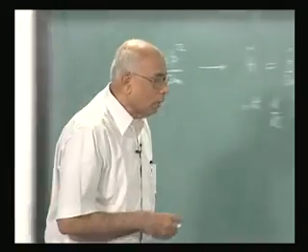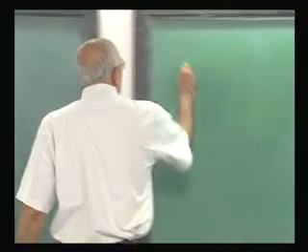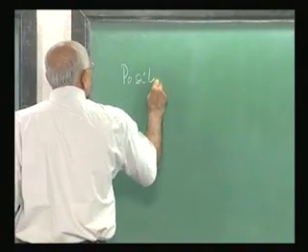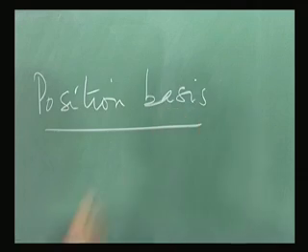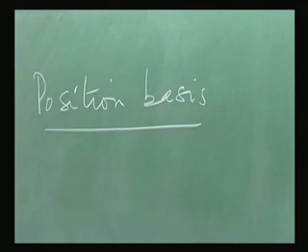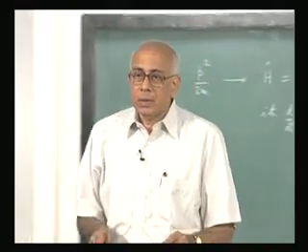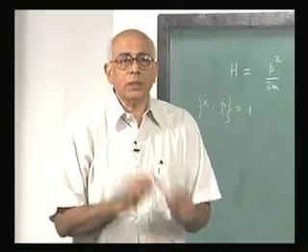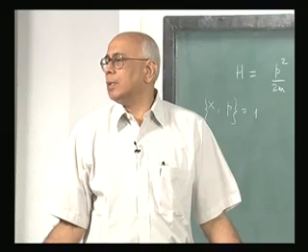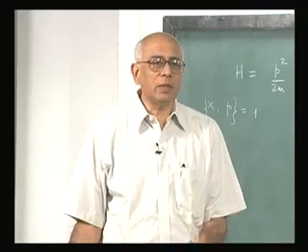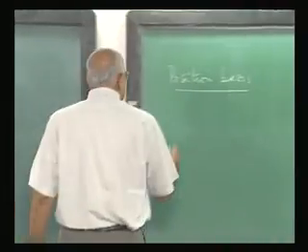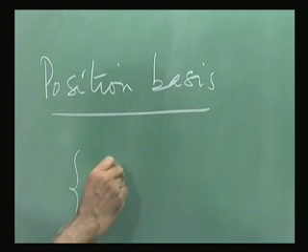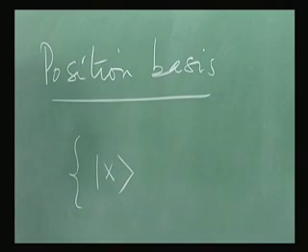Therefore one would like to use a basis, and let me call it the position basis of ket vectors which are eigenstates of the position. But what are the possible values of the position? Every number from minus infinity to infinity. Therefore I introduce a set of vectors, and let me denote it by just x here to show that it is a position here,